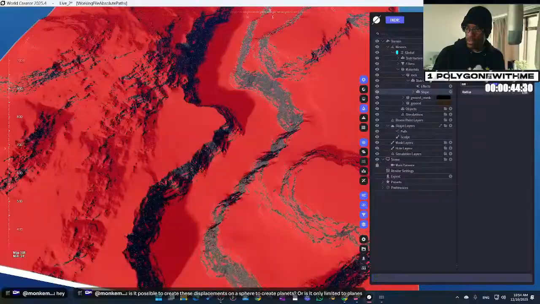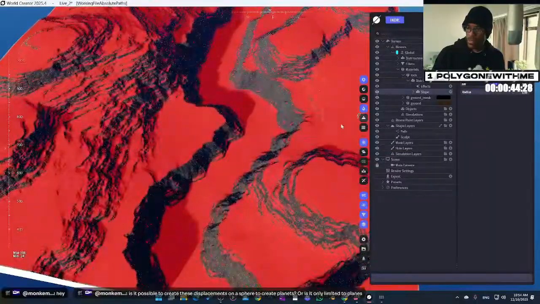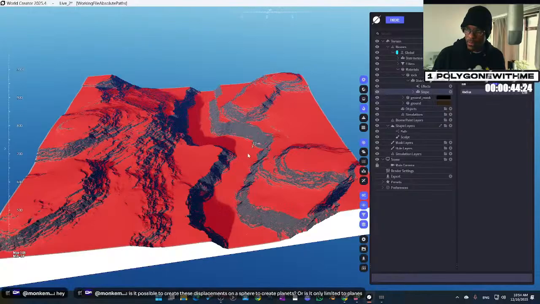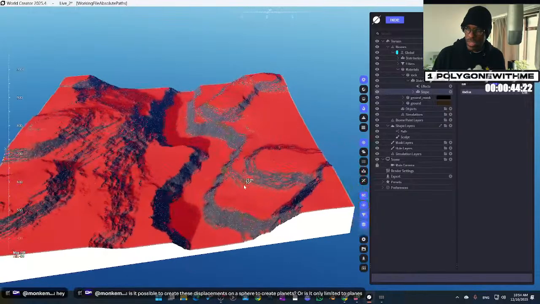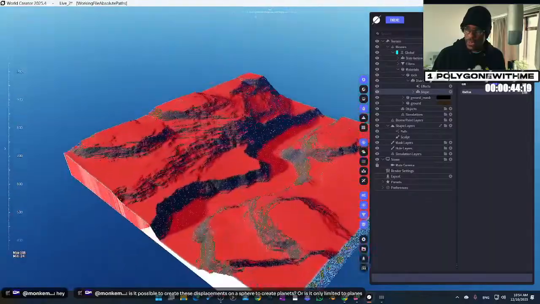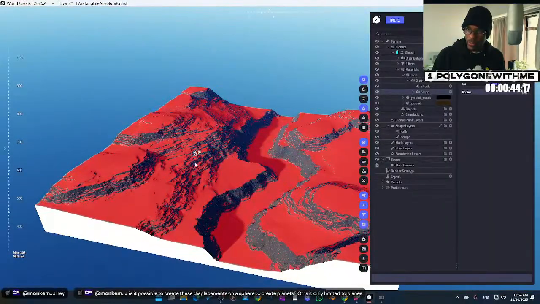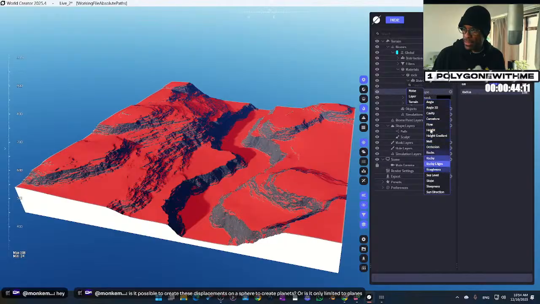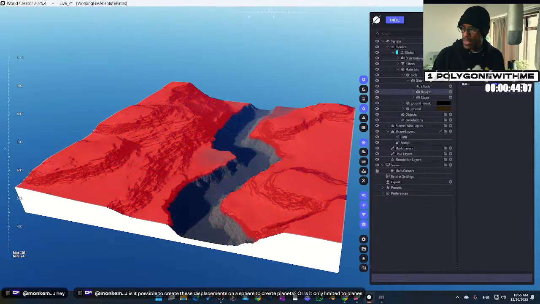Kind of maybe something like that. I'm focusing on this area here. And then on top of this, I can say, okay, but maybe up here we have a little bit more vegetation growing. So we could come in here, go to distribution again, and then add a height mask. What is it, layer? Where is it at? Oh, height. And then it's going to say only do it in certain areas. So here we can,